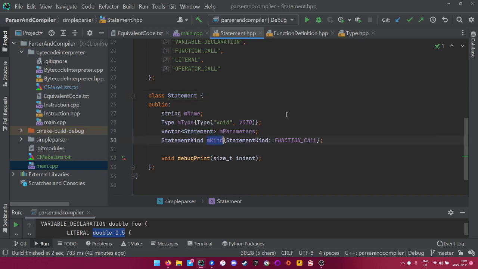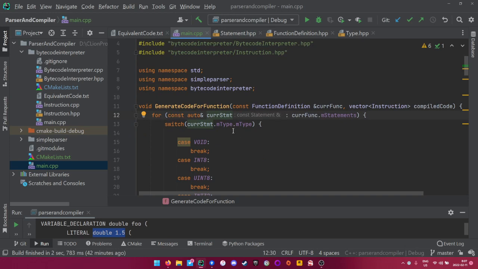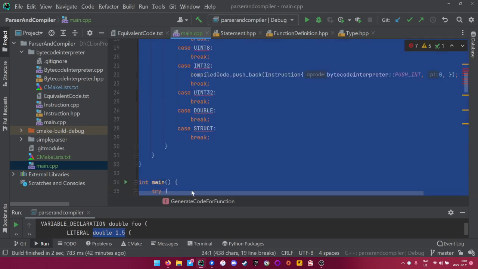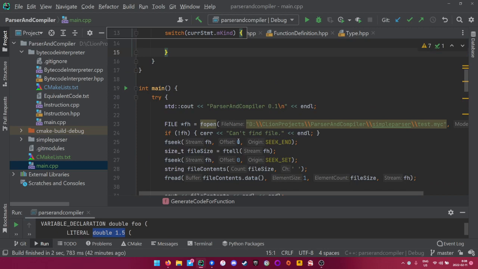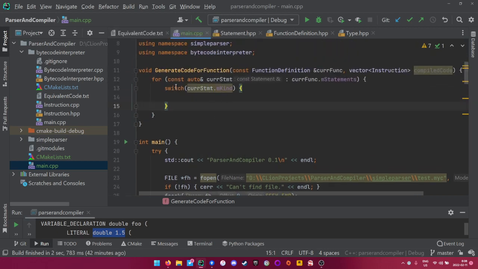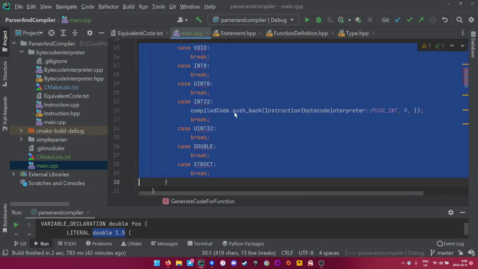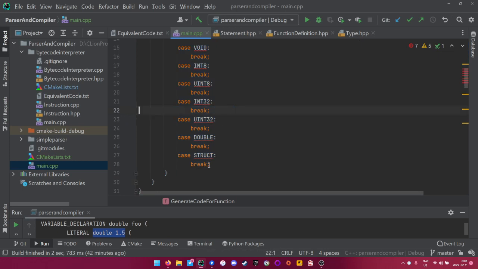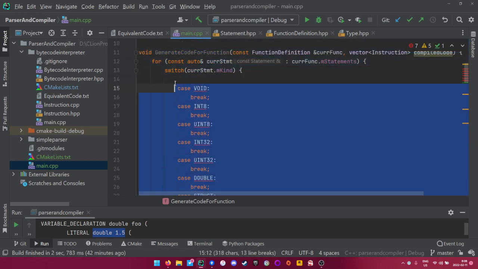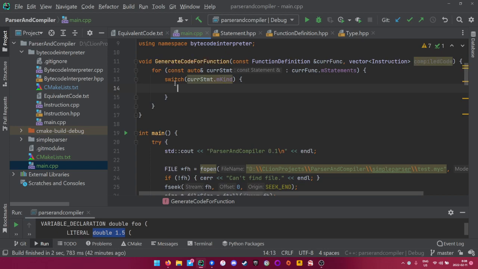But it has a kind, and that is what we want to switch on. So let's just switch on the kind. Delete all of this again. Oh, actually, I could have kept this line, I think. Anyway,